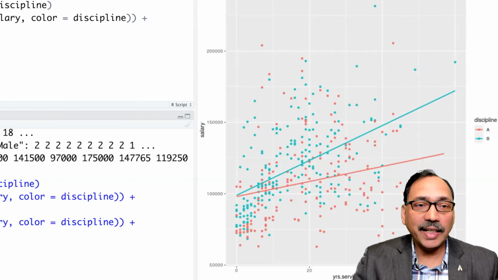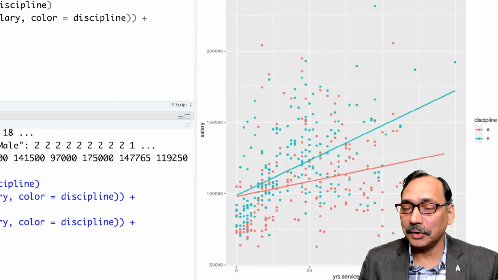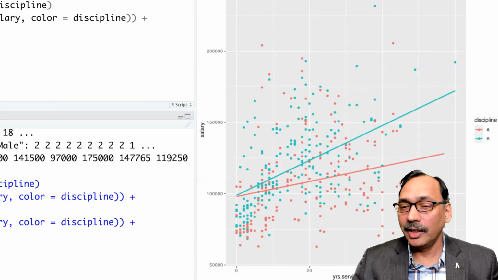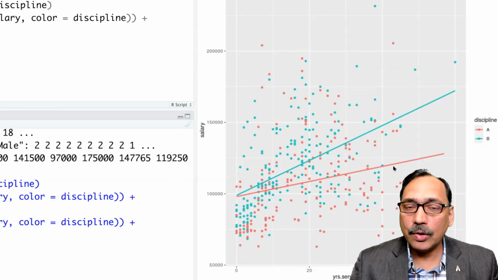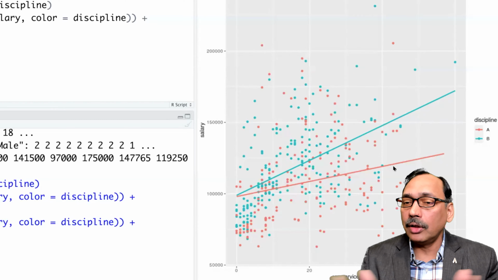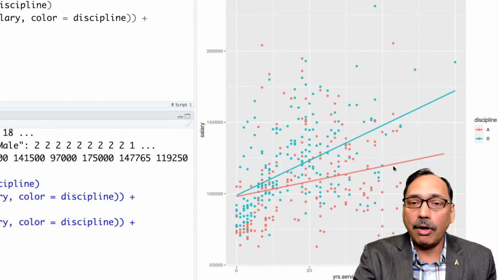So when do we say they cross? If they are not parallel, somewhere they are going to cross. It's not a question of zero or some range, but if the lines are not parallel, then we assume that they are going to cross. In this case, they are slightly touching each other, but there could be a case where the interaction is statistically significant, and in the picture you see two lines which are not parallel and they do not meet. That also can happen, but it's not necessary that they should cross in this picture itself.